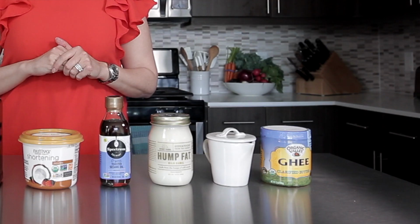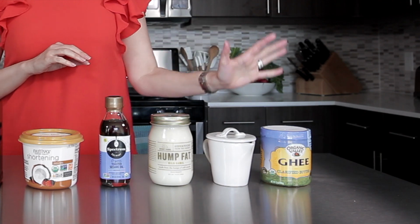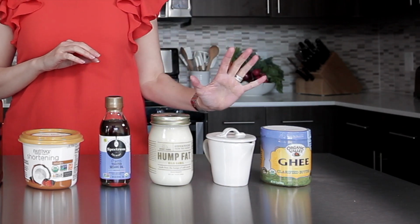Also, Epic, which is another company, has various types of lards or tallows available at most mainstream grocery stores now as well. If you don't want to save yours from cooking, you can buy some fresh from them, and it does come in a glass jar. And last up, if you're somebody who can tolerate dairy,